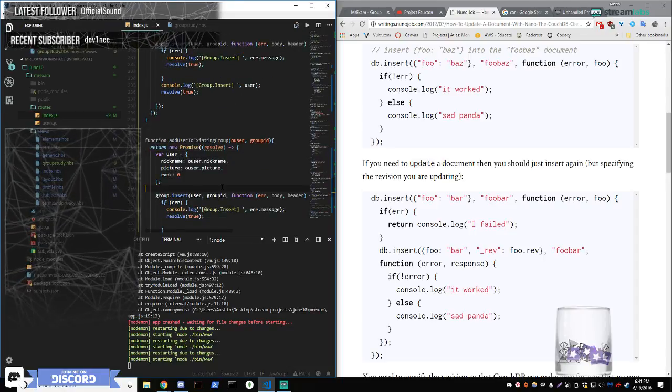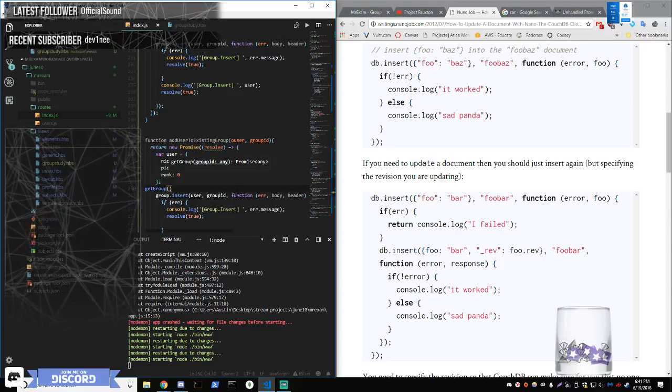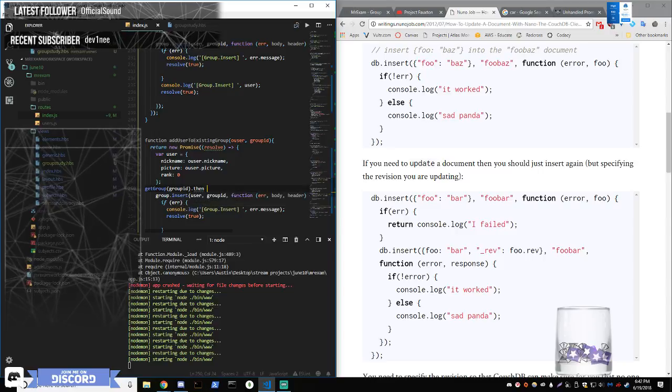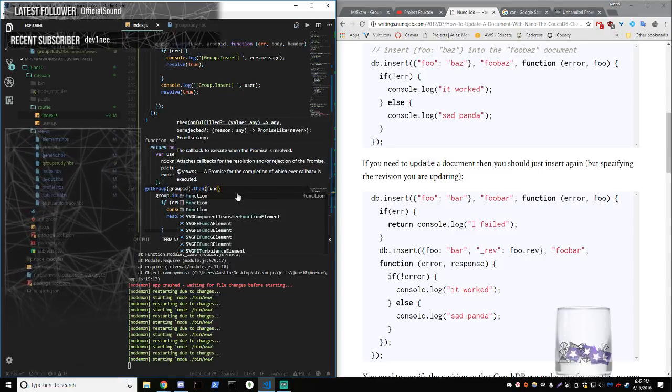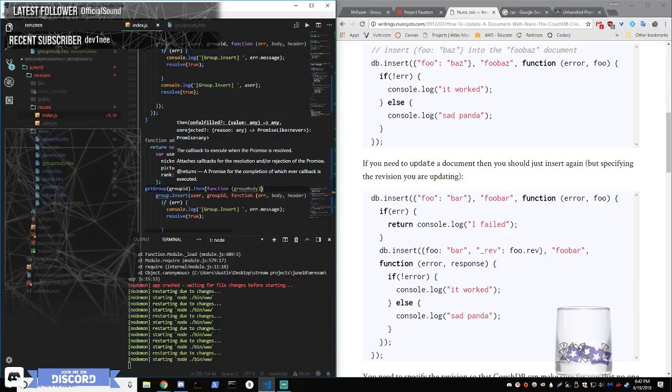So I want to just get group with the group ID, then with the function group body